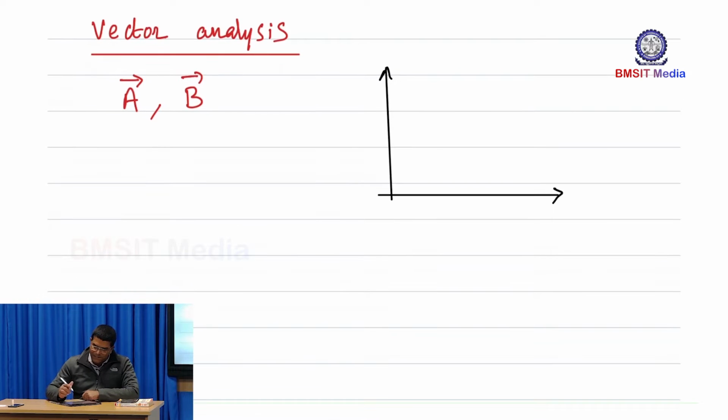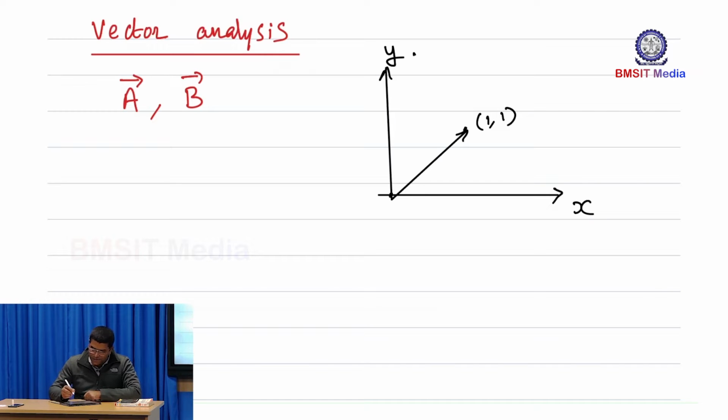Let us assume that this is your x-axis and this is your y-axis. If you wanted to represent a vector, for example a vector originating from the origin to one point P,